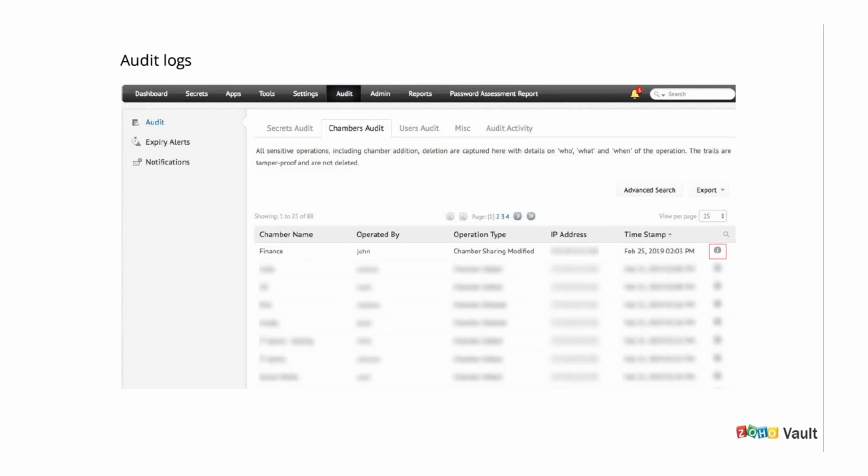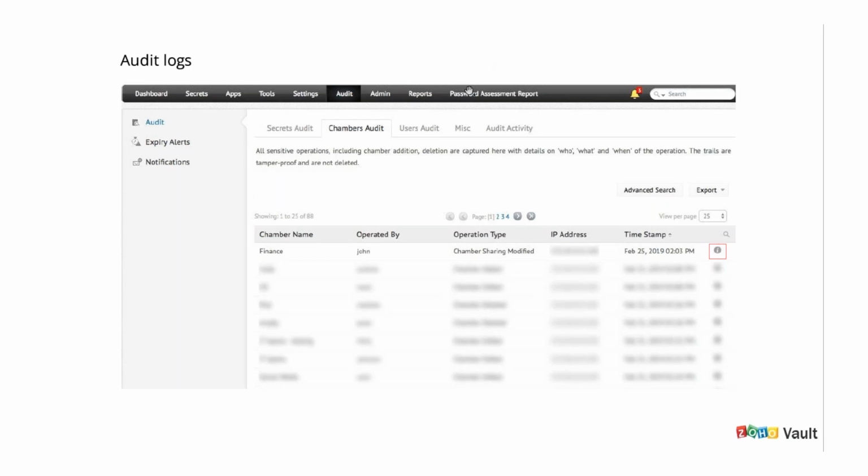I've just blurred it out for personal reasons. You'll also be able to see the timestamp, and moreover the browser from which this operation was done, by clicking on the eye-shaped icon, right? So this gives you a complete plain view of whatever is going on in your vault.